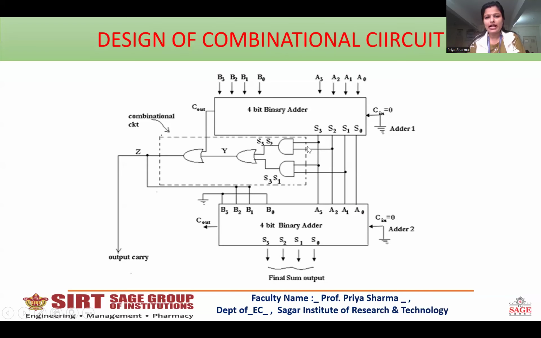And a 6 will be added to the given 4-bit binary number. After adding the 6, it will correct the BCD form and the output will be shown from here. If no correction is required, then the output S0, S1, S2, S3 will be the same as A0, A1, A2 and A3. The final output carry of this adder 2 is ignored.